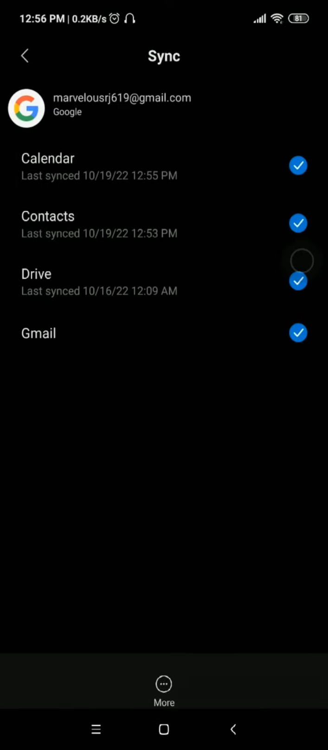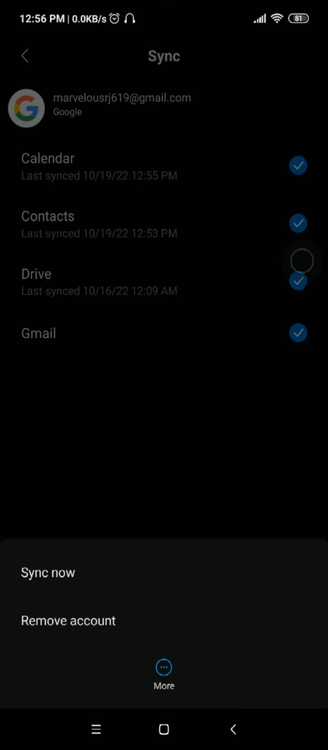marvelous619@gmail.com, and you need to click that Gmail. At the bottom you can see the 3 dot option, and you need to tap that, and here we can see remove account. You need to tap that,